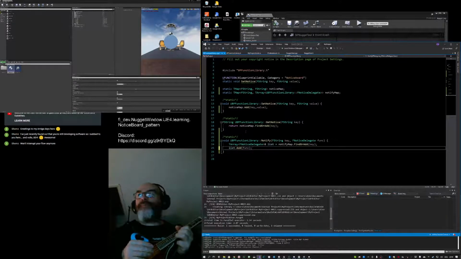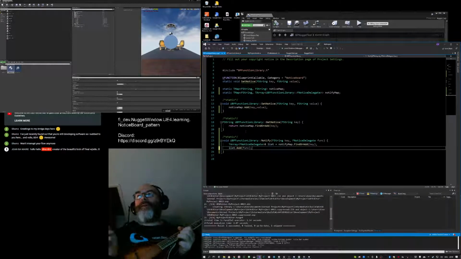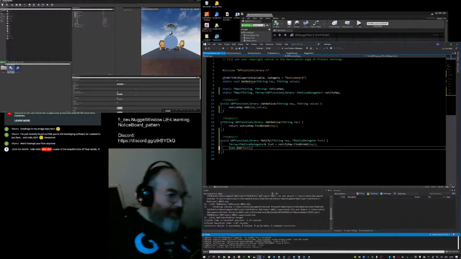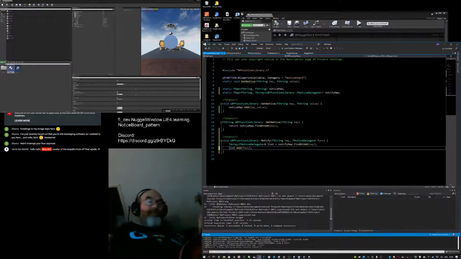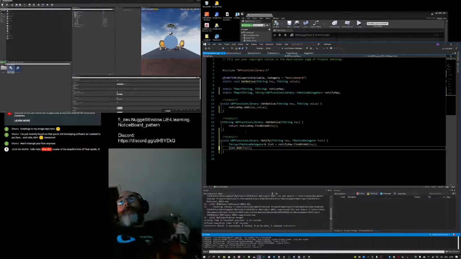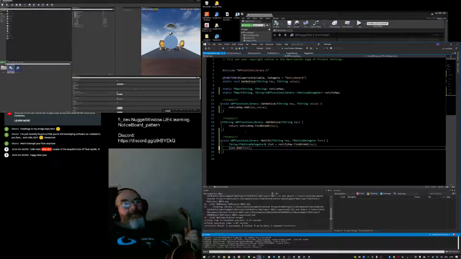Polymorphic data type, you know, all derived from a base object. Either that I make myself or I go and try and find in the documentation. Thing is, I've been here. What will happen is that if you go and look for something that Unreal provides for doing this, you'll find it'll work with everything except that, right when you need that. So you can make your own polymorphic data thing. I've done that.